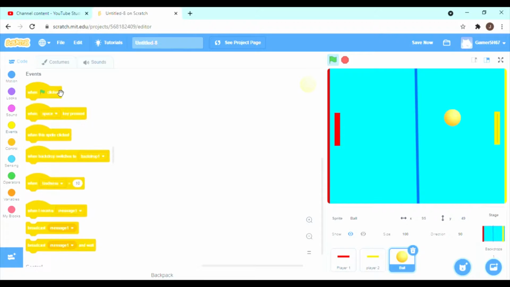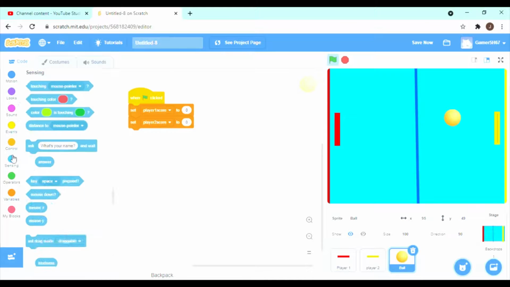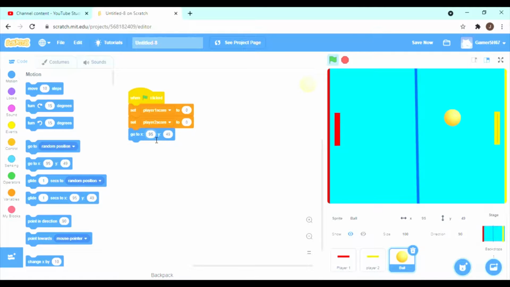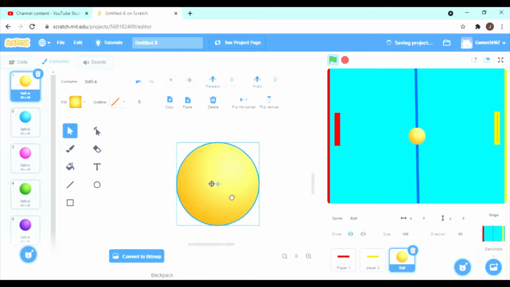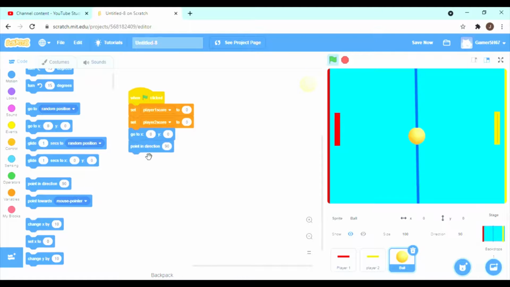So then go to when flag clicked, set player 1 score to 0 and set player 2 score to 0, and then go to 0, 0. So 0, 0 is the middle of the screen. So if we go over here, that's the middle of the screen. But this won't work. You have to center your thing, so line it up with this target if you made your own thing. So then once you've done that, you'll do point in direction